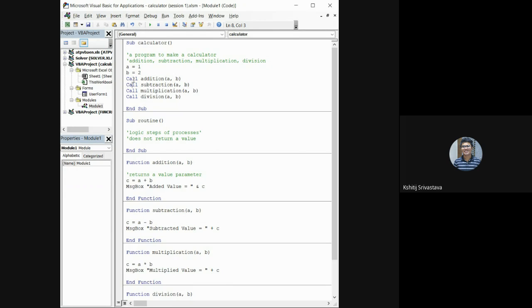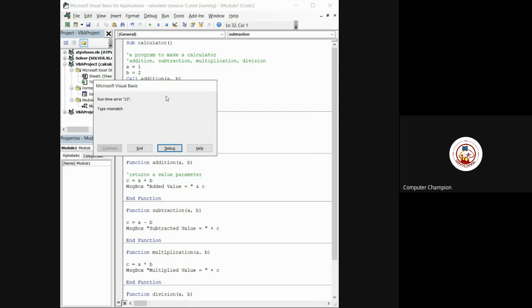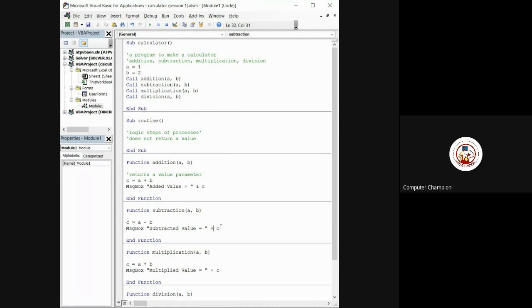So here when I do F8, for example, addition works. Addition is working. Now I go to subtraction, and I get this error: type mismatch, right? So the very first thing which I had told you here, if any of the students remember it, is the change which you have not done. Yes, correct.